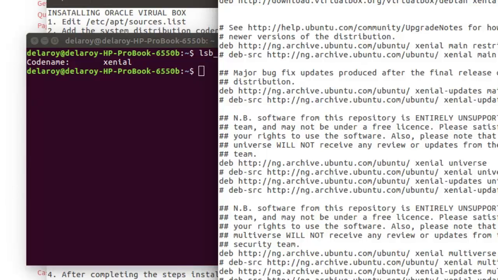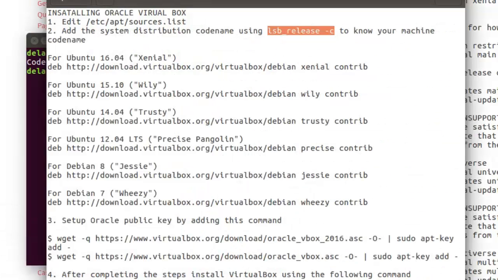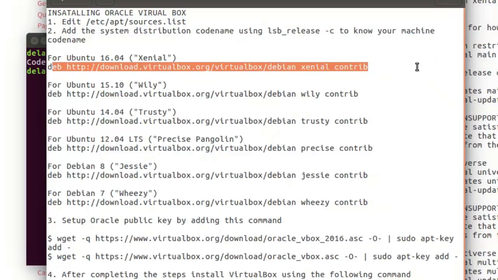Let's look at our analysis, which is the version Ubuntu 16.04. We have 15.10, which is Wily. We have Trusty 14.04, 12.04 LTS. We have Debian, and we have Debian 8.7. It depends on the code name that your machine is, and this correlates with the version of your operating system. Now mine is Ubuntu 16.04, so I will easily copy this out,